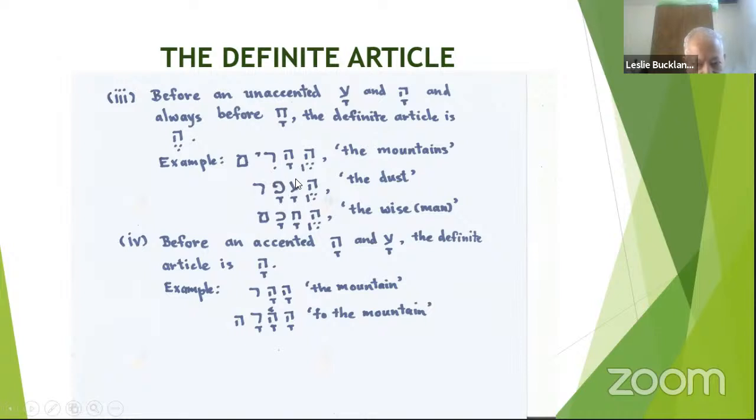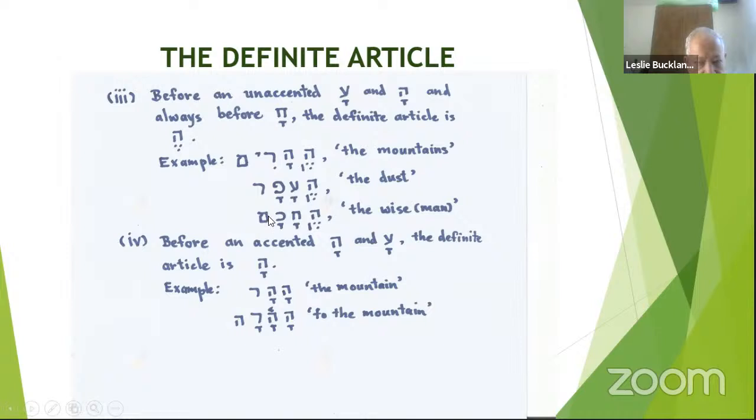The accent is not right here. If it were right here, you'd see an arrowhead. So since there is no accent, the rule says that the vowel under the definite article must be a segol, or e. He, afar, the dust. Here is another. He,